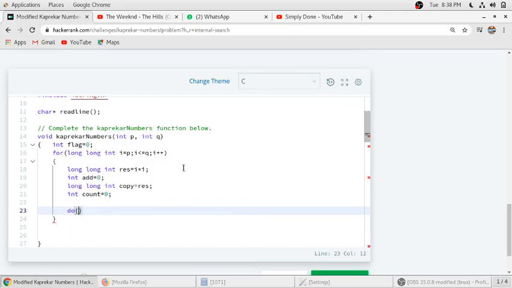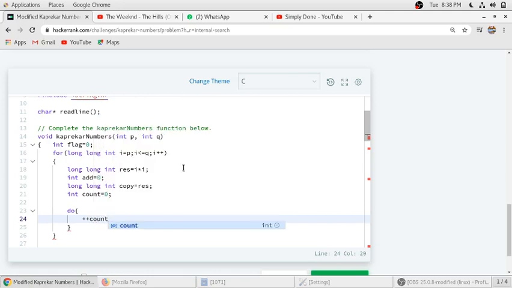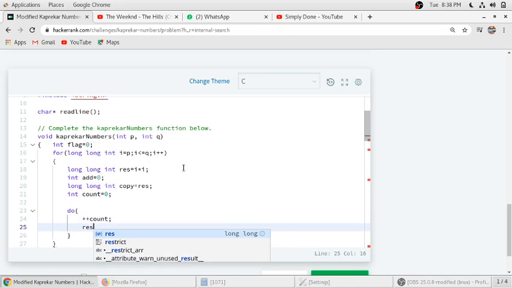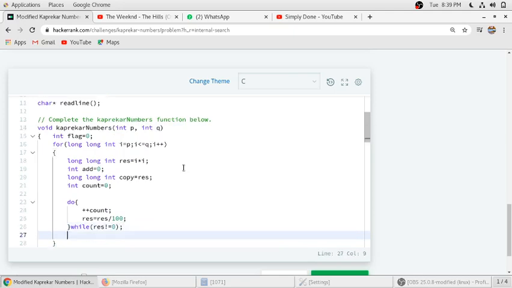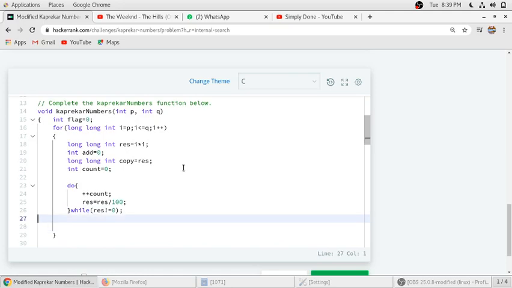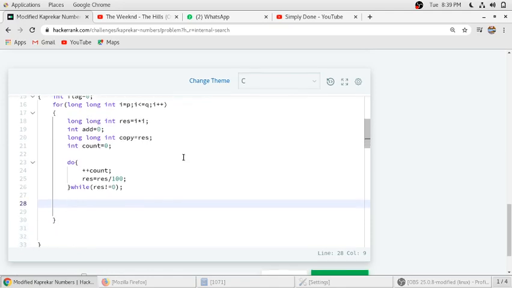In this do statement, we will take count plus plus, and then divide the number by 10. It will give us the number of digits in the original number. Then we can use this to split the number into the first part and the second part.